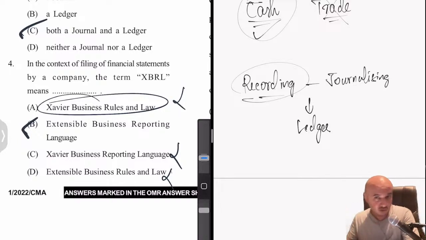I'm saying you can eliminate the least likely answers and then come to the right one. This is a standardized language used for electronic communication of business and financial data. XBRL allows for tagging of financial information in a structured format. It makes it easier to analyze and compare data across different companies and jurisdictions. Many countries, including India, have adopted XBRL as the mandatory format for filing financial statements with regulatory bodies such as ROC, that is the Ministry of Corporate Affairs. So that is what XBRL is. I hope it is clear.